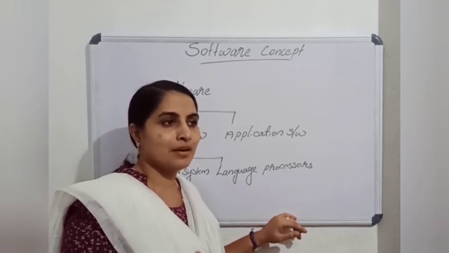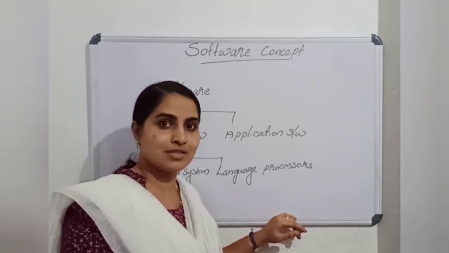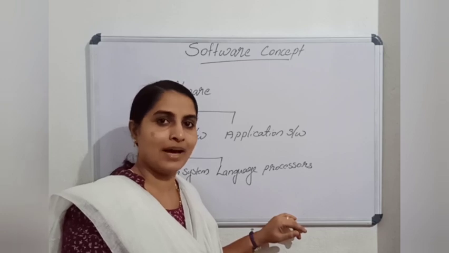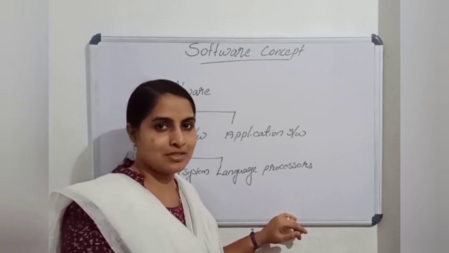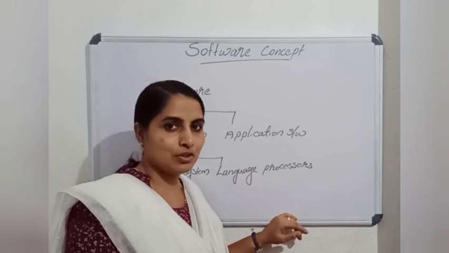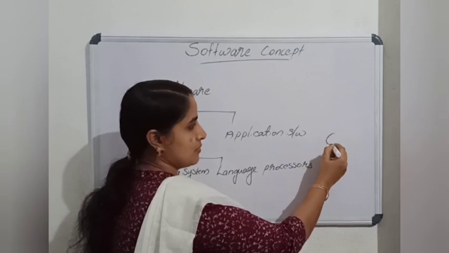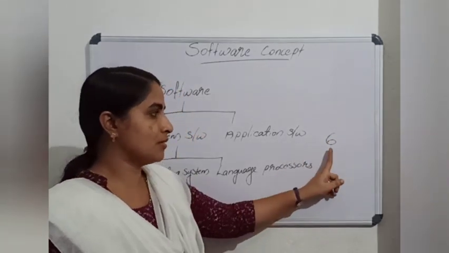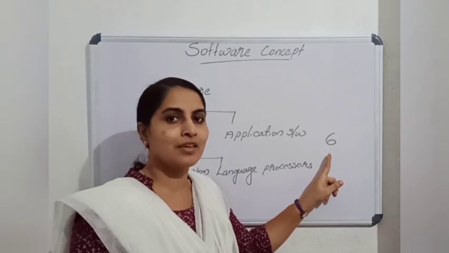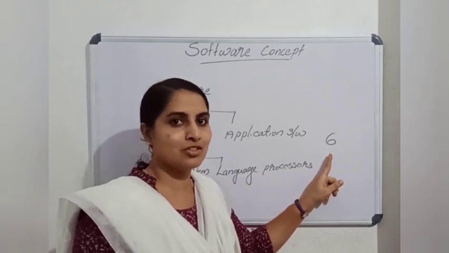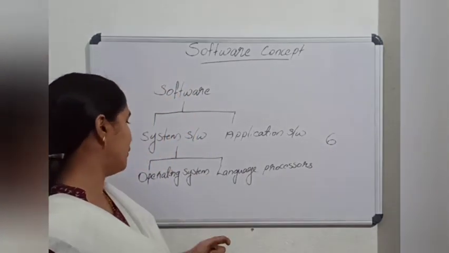Concerning mobile, Android is one of the operating systems. iOS is another operating system. Solaris is another operating system. Many operating systems are there. So this is a homework for you. Please find out a minimum of 6 operating systems. It can be a mobile operating system or a computer operating system. And please message me today itself. Find 6 OS. Okay.